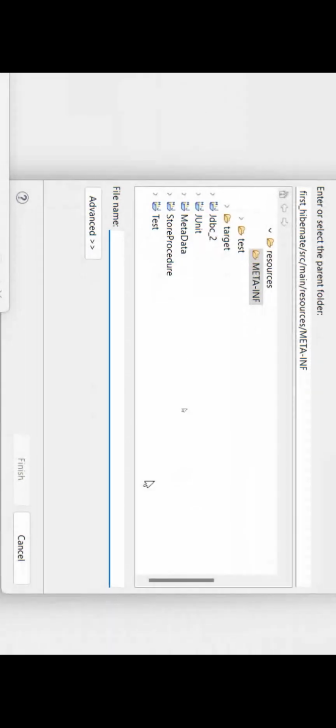One page you will get like this. Here you need to do what? You need to create one beautiful file name, that is something called as